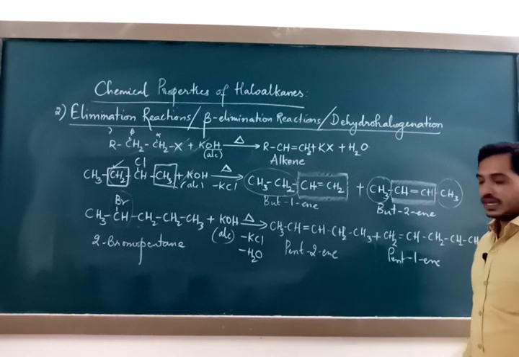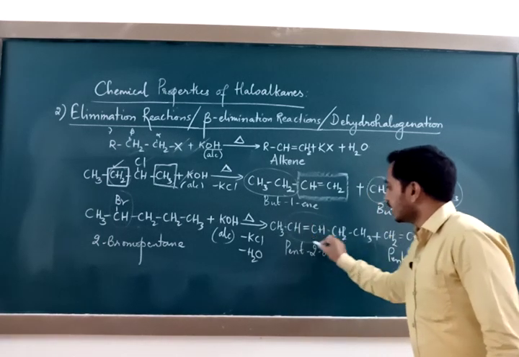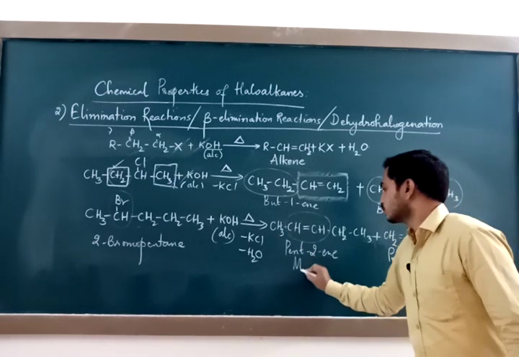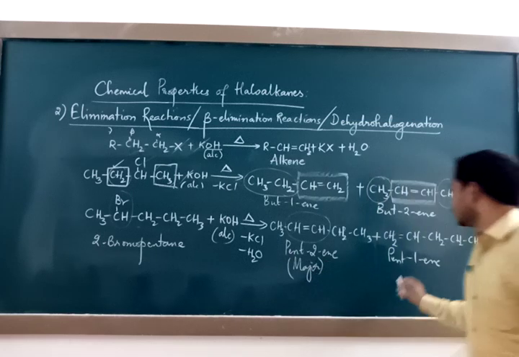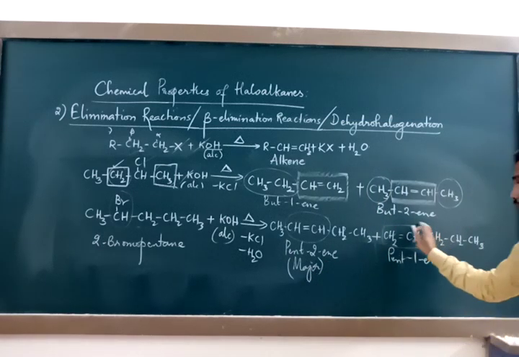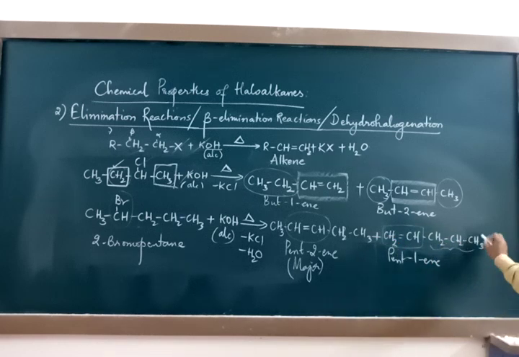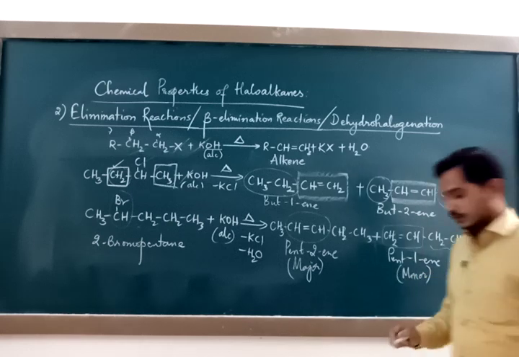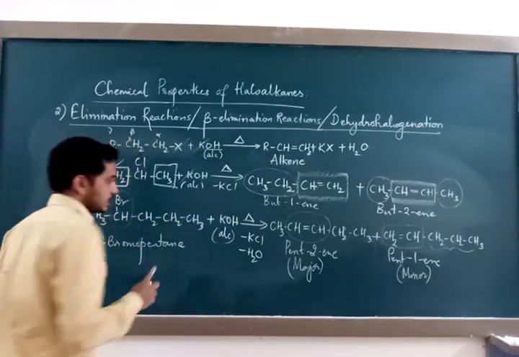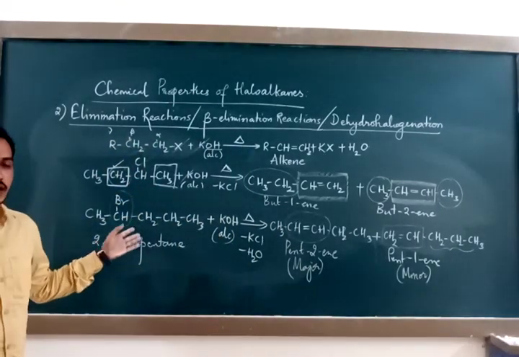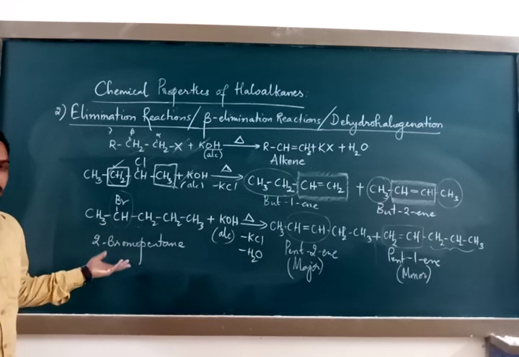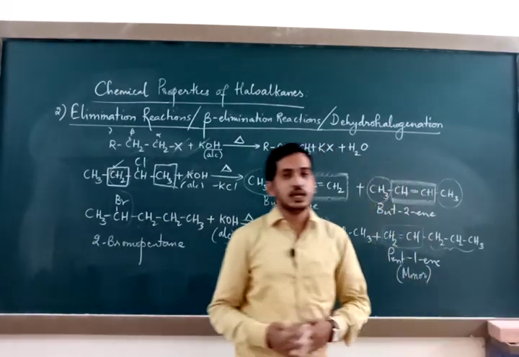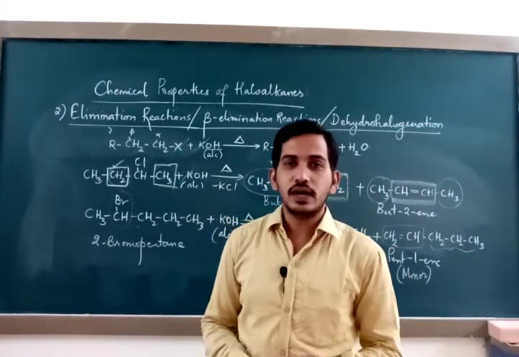To understand which product is major or minor, you separate the double bonded carbon atoms, count the number of alkyl groups, 1, this side 1, 2 alkyl groups. So it is major. It is major because if you separate the double bonded carbons in the second example, there is only one propyl group. So it is minor. Understood? Okay. So what is Zaitsev's rule? Zaitsev's rule says that during the elimination of hydrogen halide from a haloalkane, hydrogen must be removed from the carbon containing less number of hydrogen atoms, or else when hydrogen halide is eliminated from a haloalkane, that product is formed in excess which is more alkylated.